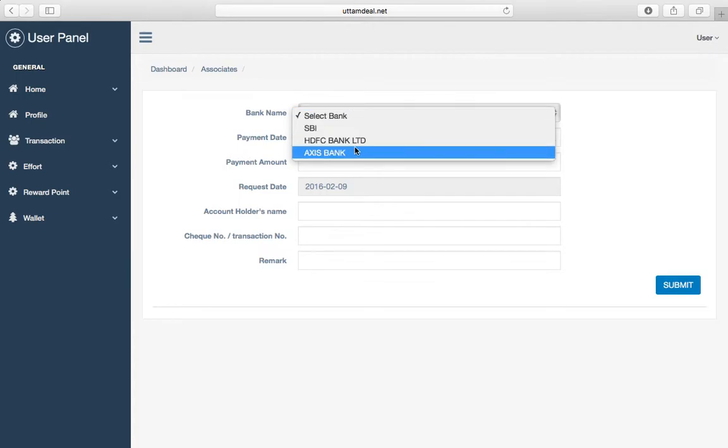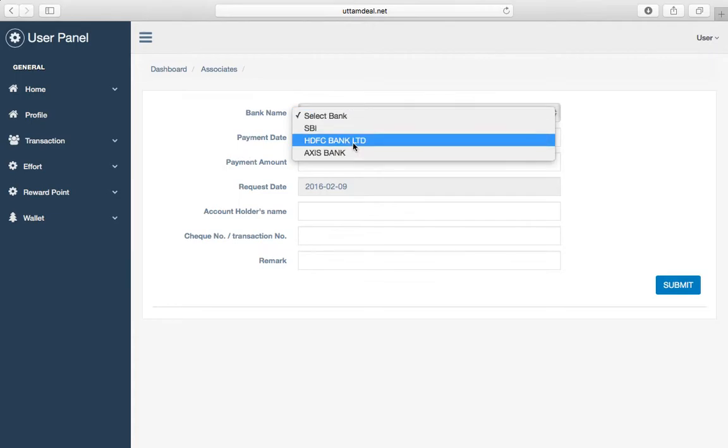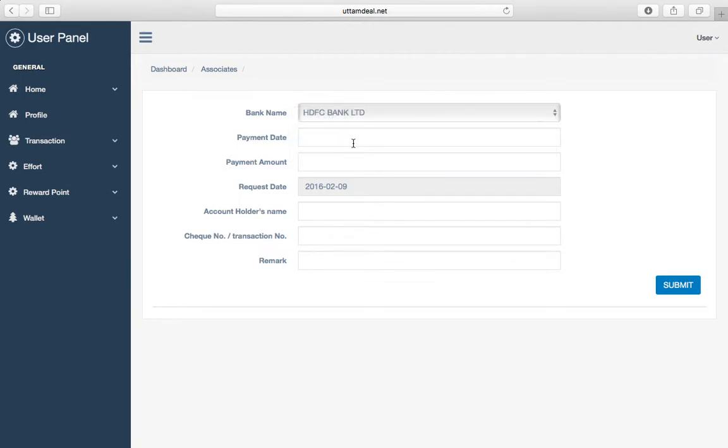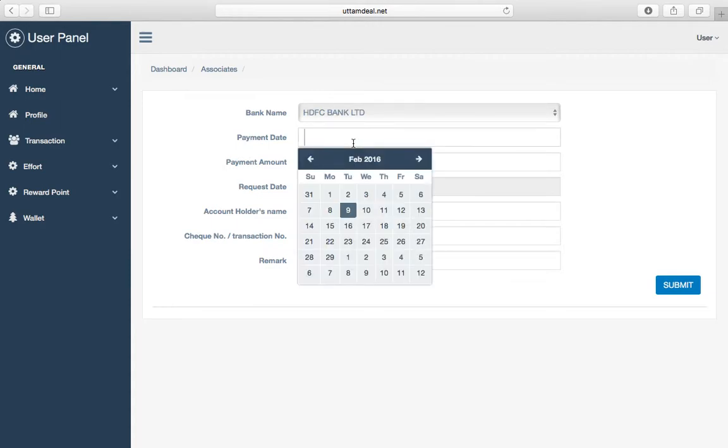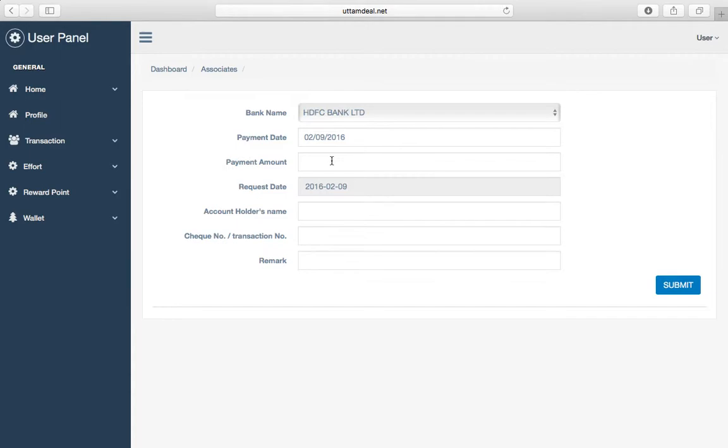For example, if I'm sending the fund to HDFC Bank, I'm selecting HDFC Bank. Payment date, I'm selecting as today, and payment amount I'm selecting as 11,500. Request date is default. My holder name is support.